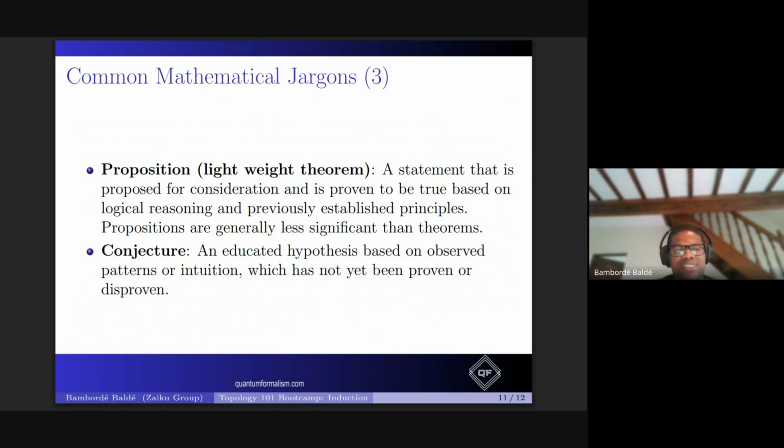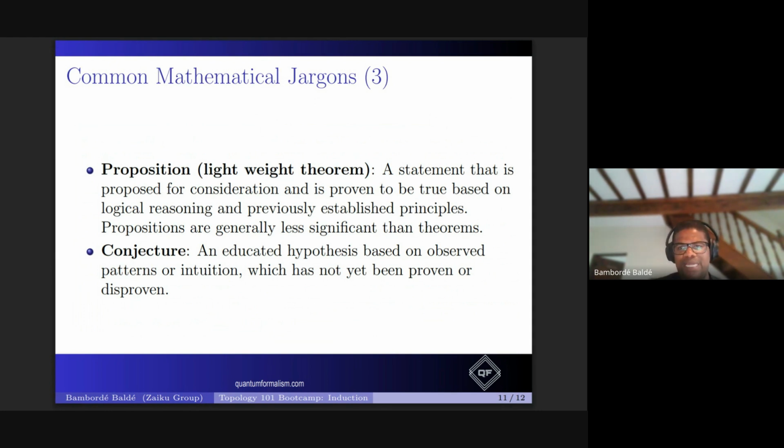A good example of this is the behavior of prime numbers, for example, the Riemann hypothesis. This is an open problem, so it's a conjecture. It might be true, it might be false. Until someone proves it or finds a counterexample, it's still a conjecture. Some mathematicians even argue it might be undecidable, so you cannot know whether it's one way or the other.